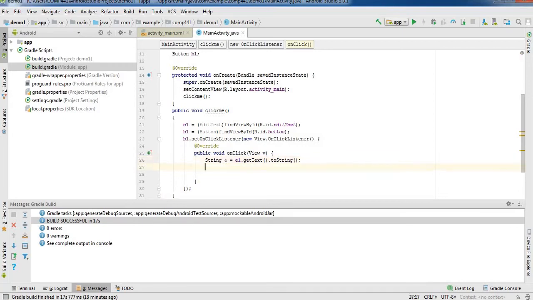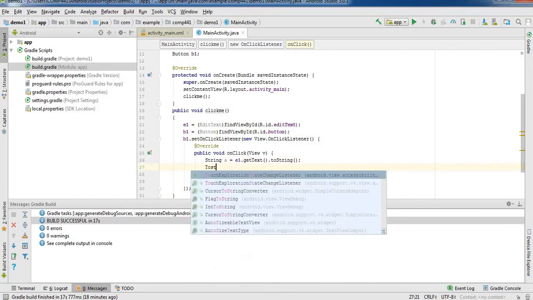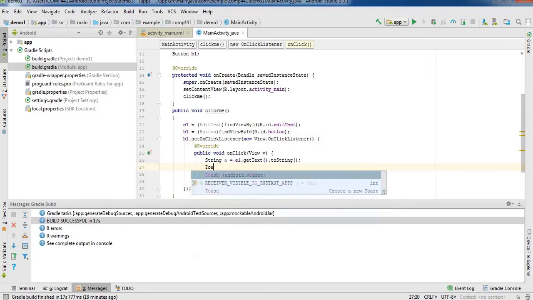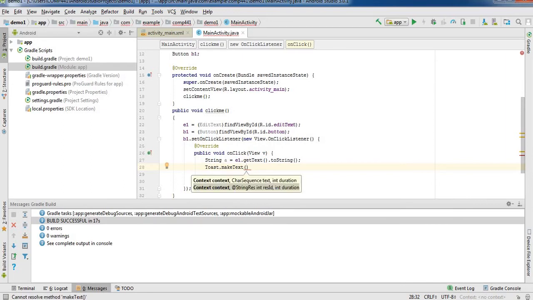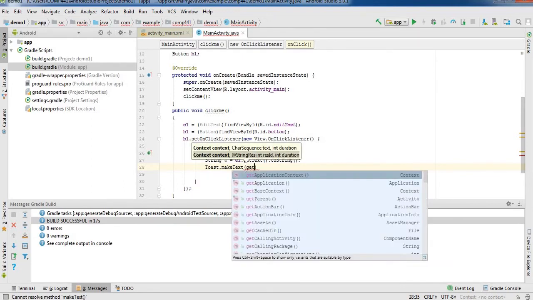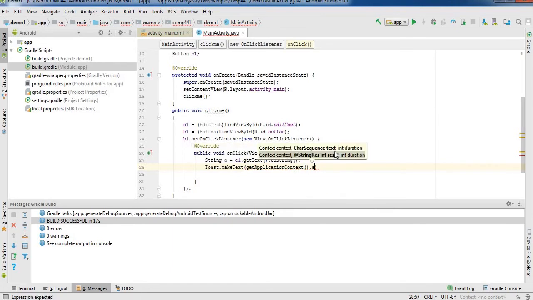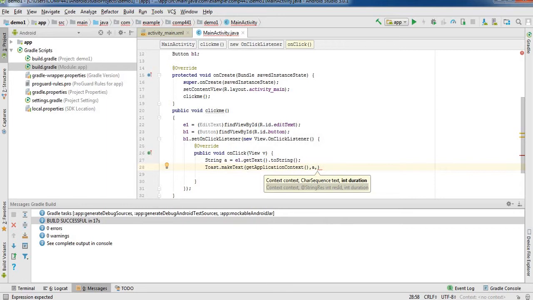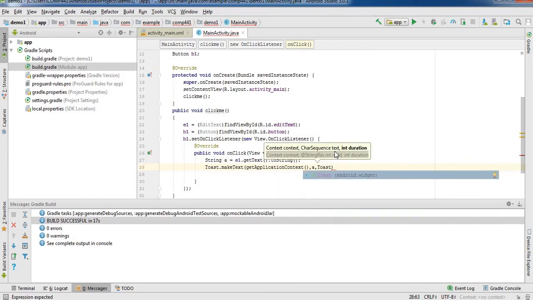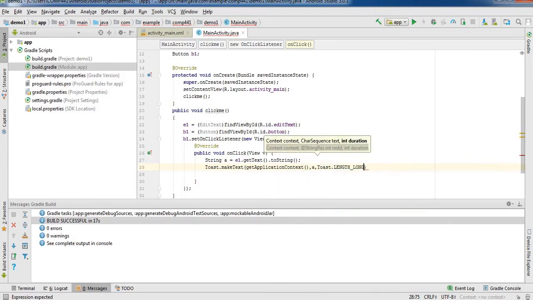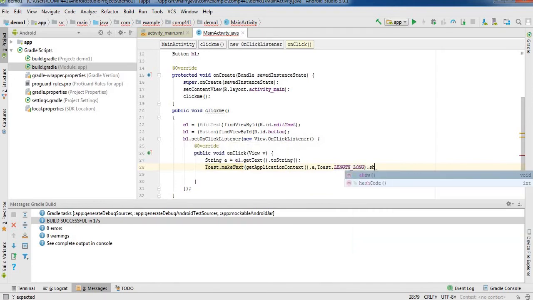And in a toast message, that is Toast.makeText, this is my code, and here there are three parameters, that is getApplicationContext, comma, a, that is my second one, and the third one is my length, that is Toast.LENGTH_LONG, and then .show(); semicolon.